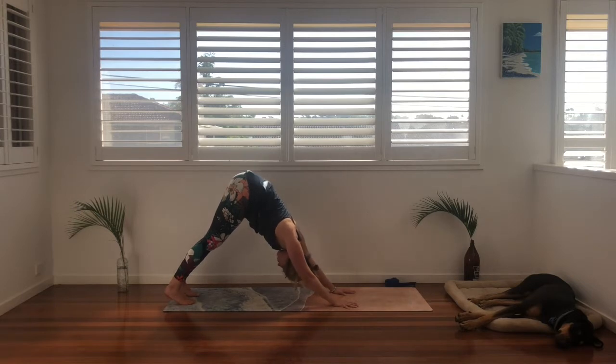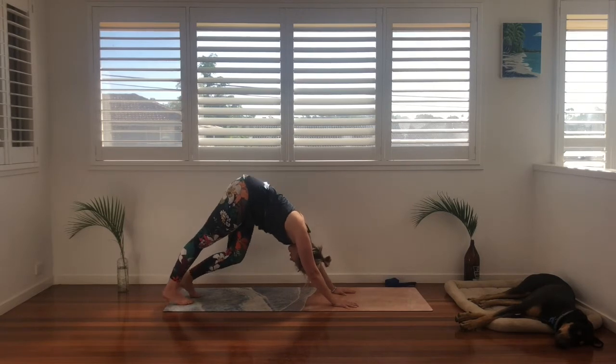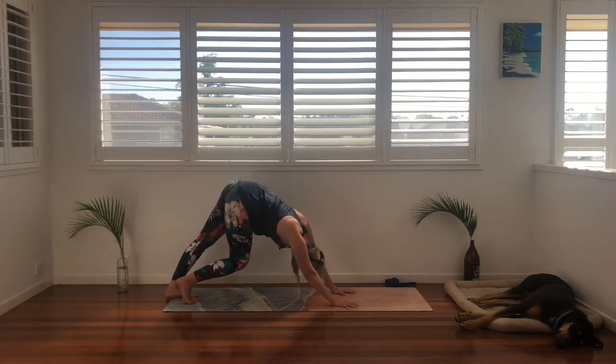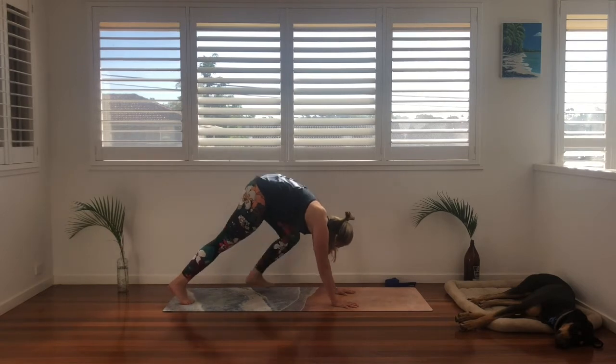Send our chest towards our thighs, our shoulder blades are down the back. And you might start to walk the dog here, lowering one heel and then the other, gently bending the knees, getting a nice calf stretch, a nice stretch on the side of each hip, rocking side to side. And when we're ready, we're going to bend our knees generously, look towards our hands and take little steps up